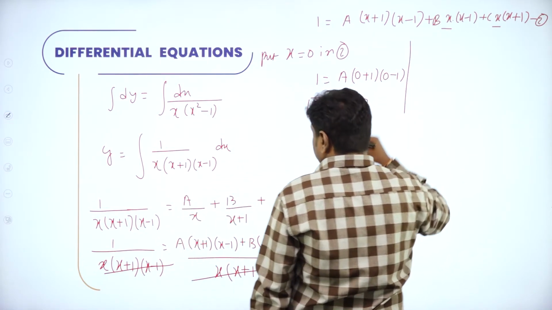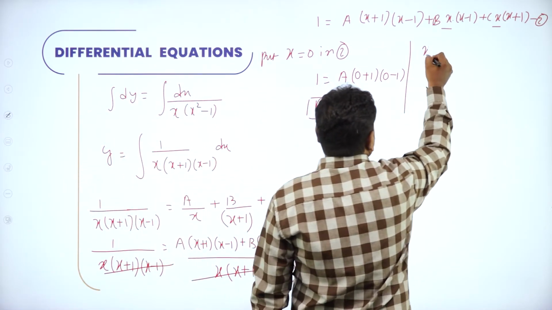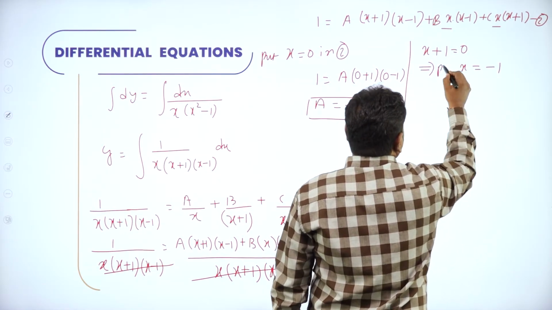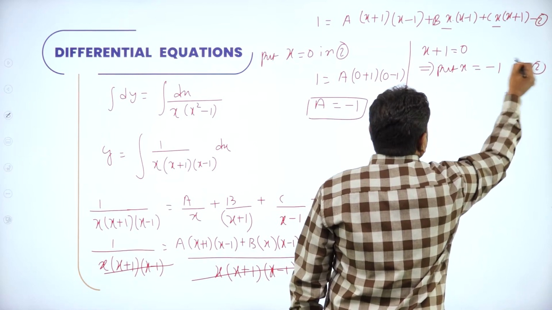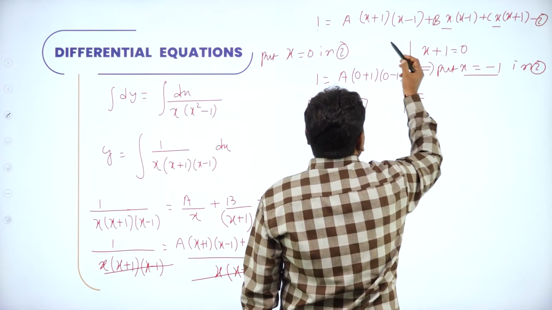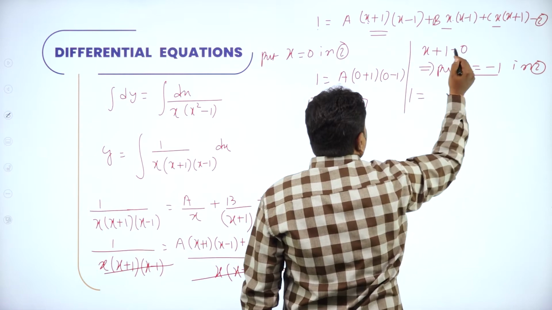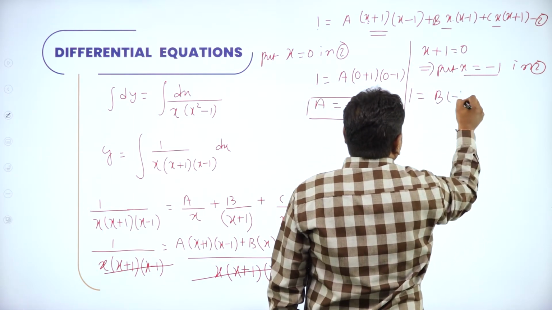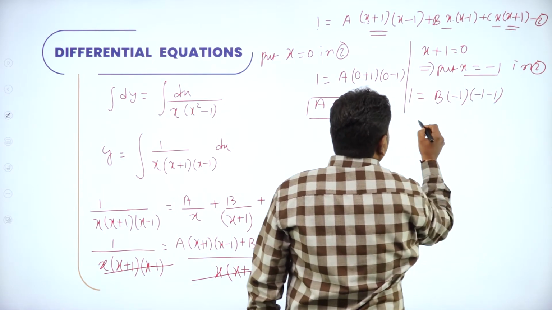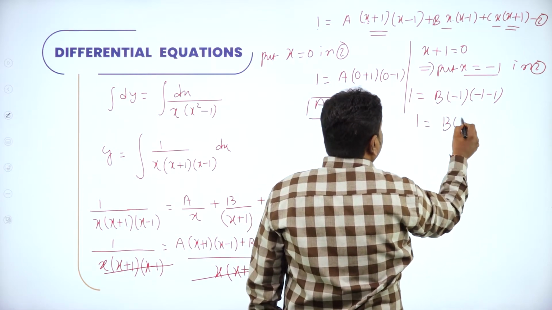Now second factor. What is the second factor here? Second factor is x plus 1. Equate x plus 1 to 0. If you equate x plus 1 to 0, that implies x is what? Minus 1. So put x is equal to minus 1 in equation 2. Wherever x is there, put minus 1. Here we don't have x, LHS is 1. Here x plus 1 we equated to 0. If you put x as minus 1, this will become 0. This whole term is gone. And again, in this b into minus 1 into minus 1 minus 1. And this x plus 1 will become 0. So leave it. So 1 is equal to minus 1 is minus 2. Minus into minus becomes plus 2. 2b. So b is half.